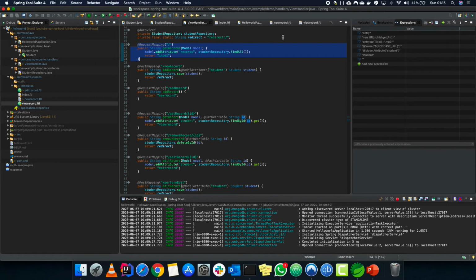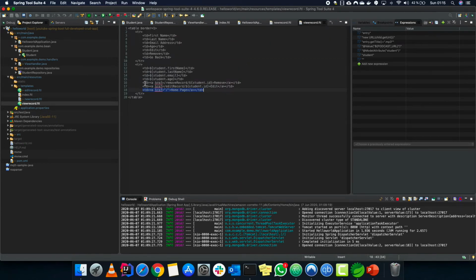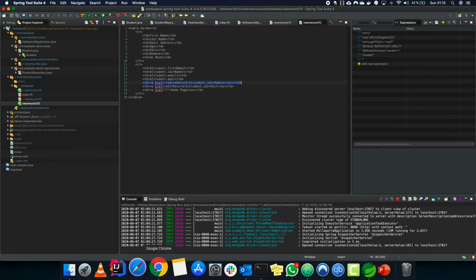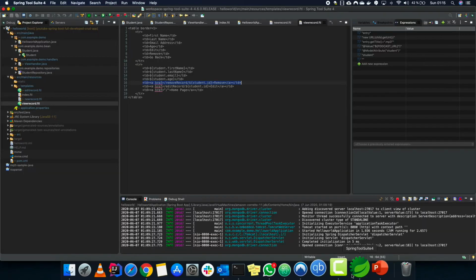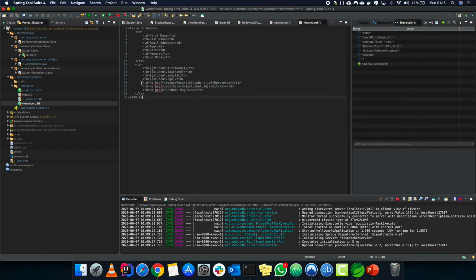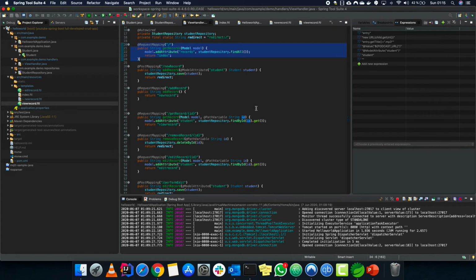So let's go into the remove part. How does remove part work? So let's go check the removal part. If we click on remove, it is removed, and afterwards it goes into the home page. So let's go again and remove this one too. So we are here back again, no records. So what happens is when remove record is called, that particular string is mapped to a handler, which is this one.